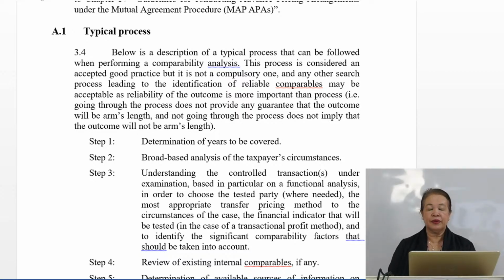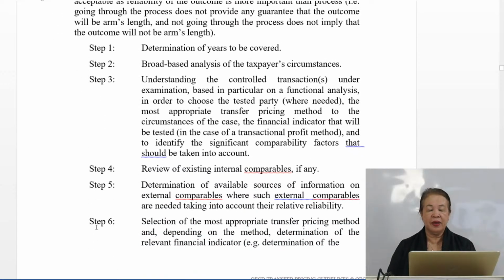So, paano yung period covered usually sa investigation? Sa tax investigation is 1 year, 1 taxable year. Step 2, broad-based analysis of the taxpayer's circumstances. So, broad-based analysis. That's why, sa bago nating requirements dito sa Pilipinas, which is Form 1709, as an attachment